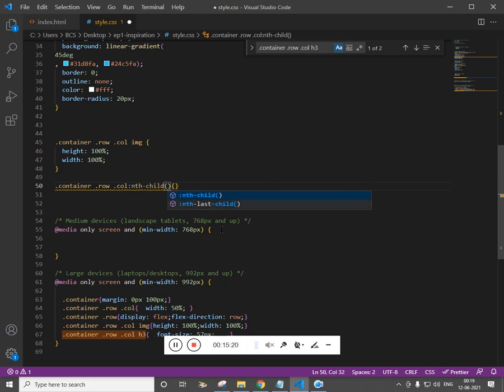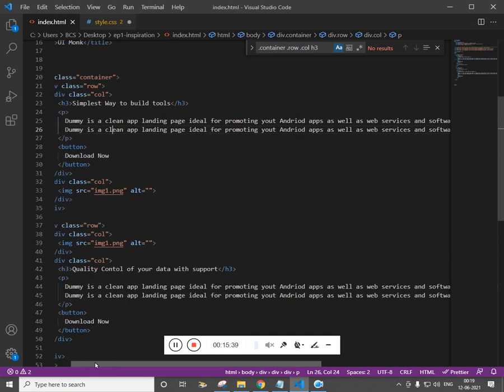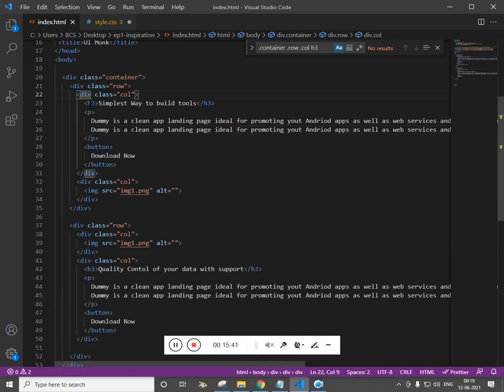So this should go to the row. This should be the second one. So for the first row, so let me show you in the HTML. For the first row, the first column, and for the second row, the first column. So let's change the order.